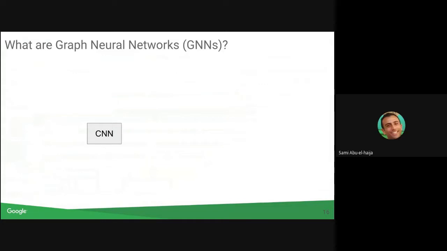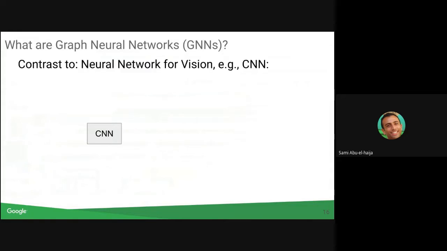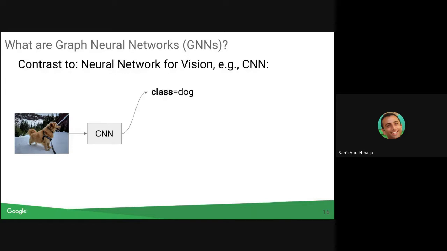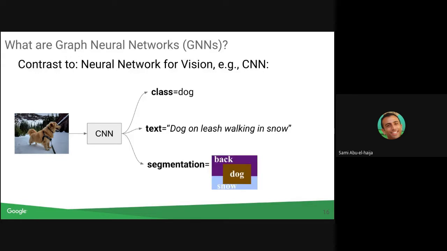So now we're going to talk about convolutional neural networks just as an analogy to graph neural networks. If you compare graph neural networks to convolutional neural networks, they're for computer vision. That means their input is usually a picture. And the output of the neural network depends on what you train it for. Your output could be predicting the main object in the picture, so classification. The output could be a textual description of what's in the picture, or maybe some